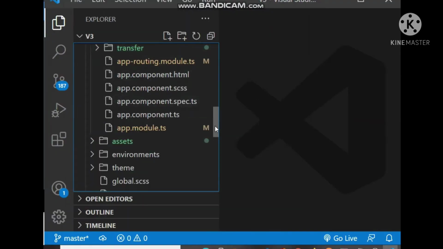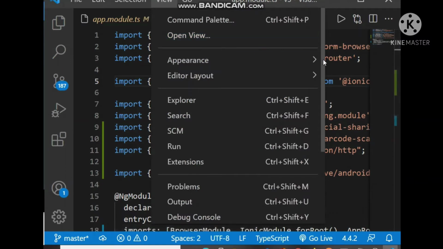First, we have to go to app module to import the file transfer.